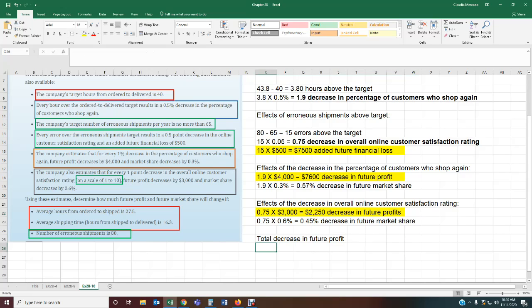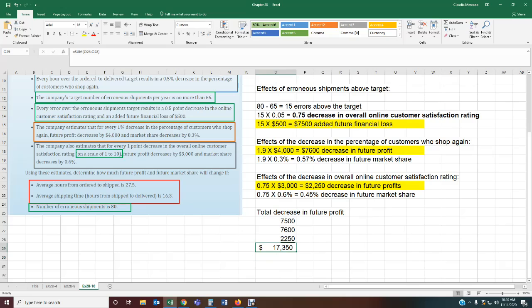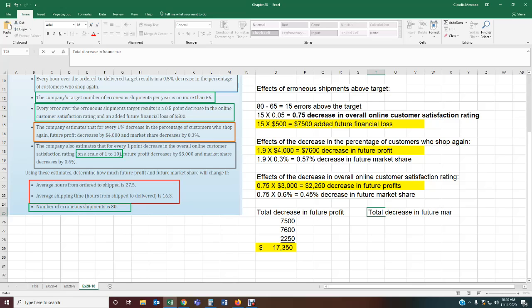Okay. So we have those three components that are affecting our profit. So that's 7,500, 7,600, and 2,250. We're going to add those together. And that gives me 17,350. Okay. So my total decrease in future profit is going to be 17,350. Now, my total decrease in future